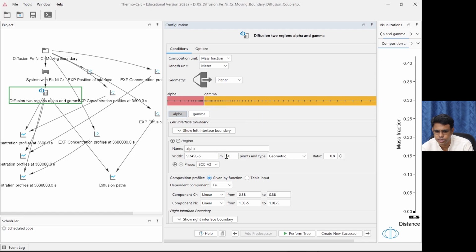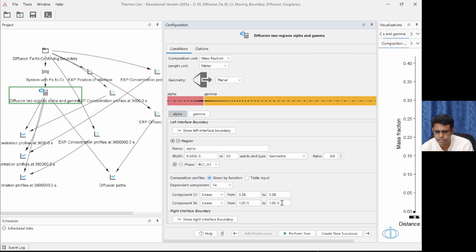Alpha phase composition is given here, where chromium content is 0.38 to 0.38, meaning chromium content is constant throughout, and nickel content is almost 0, that is entered as 1e power minus 5. This is to assist in the calculation, the software runs better if 0 is entered in this manner.